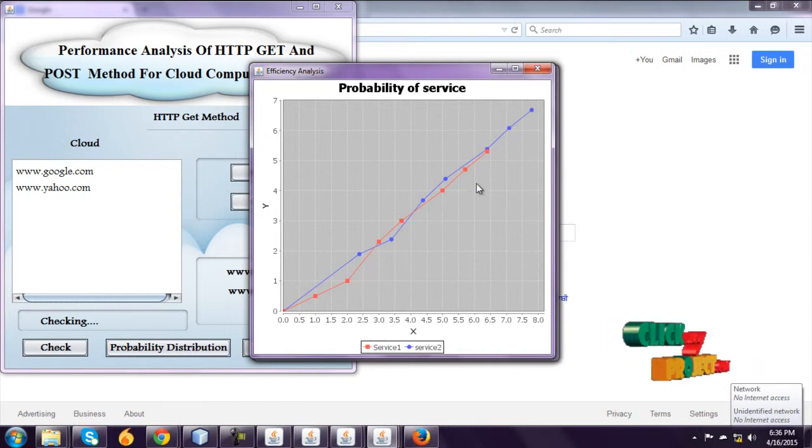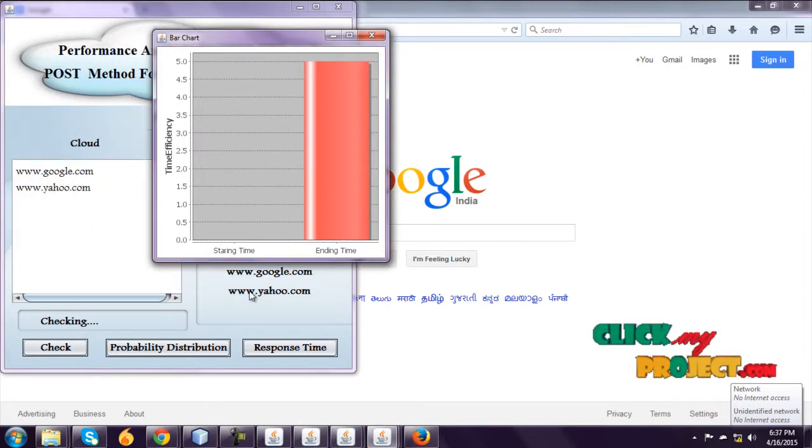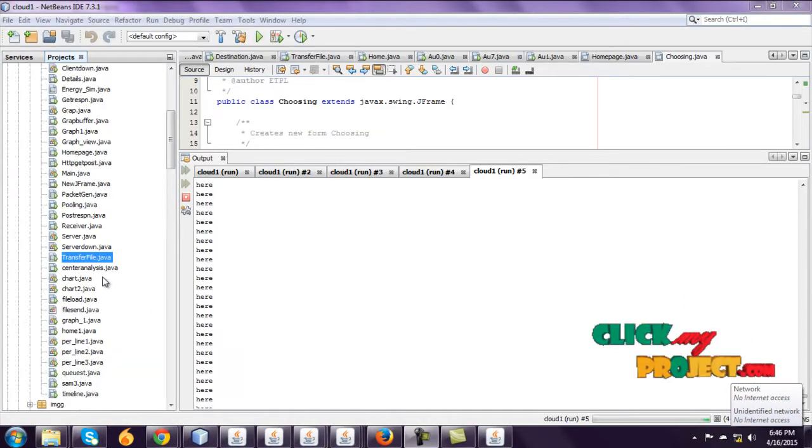So this one is red color, blue is these two, and x-axis values and y-axis values, and response time. Response time, starting time is 0 and ending time is 5. It's a time efficiency graph. And go to NetBeans, run this transfer.java file,